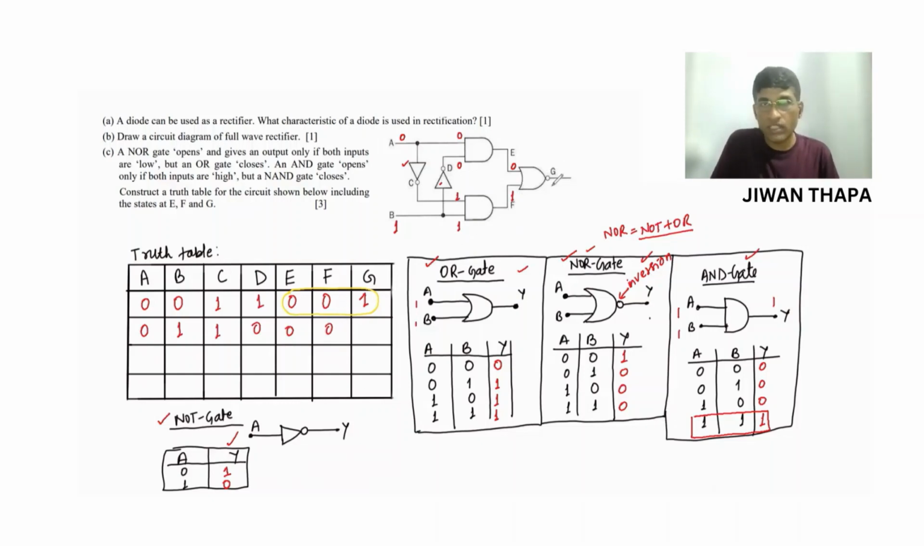Now what about G? We see if we have 0 1, then we get output 0. So we get 0. So we are getting this: E is 0, F is 0, G is 0 when we have 0 1. Now next,